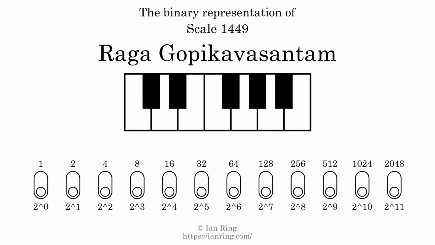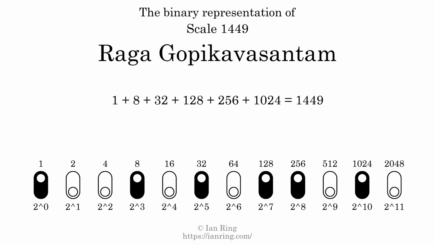The binary representation of this scale is determined by mapping tones of the scale to binary digits. Each binary digit represents a power of 2. To get the scale number, we add the powers of 2 together. The powers of 2 that are present in the scale, all added together, equals 1449. That is why the scale number, in decimal, is